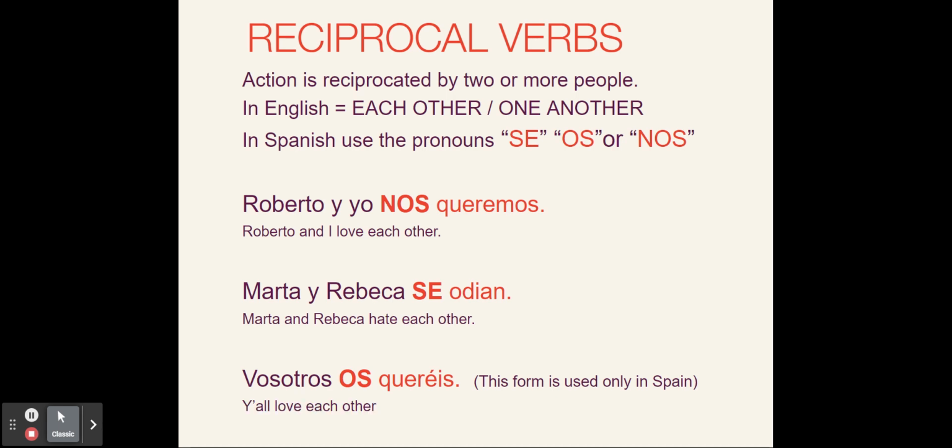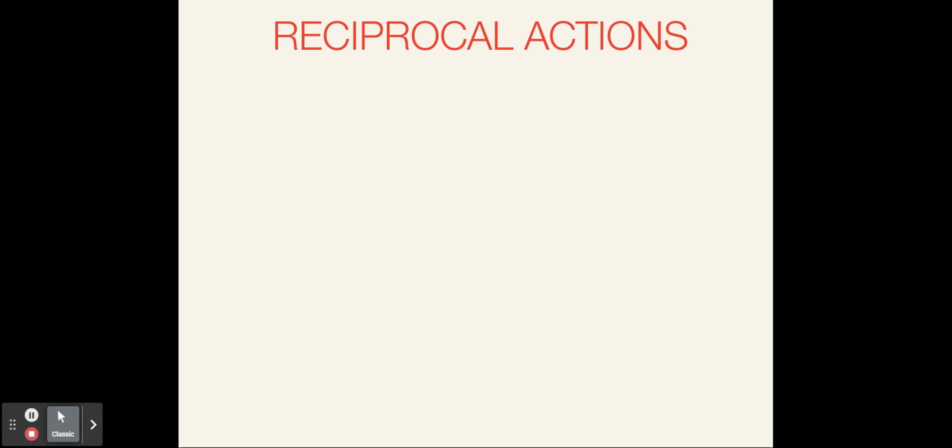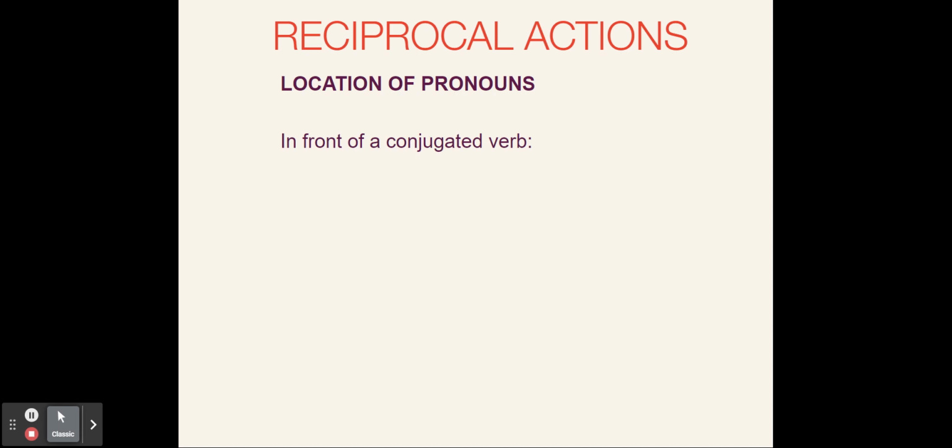Bien, so let's remember where to place pronouns. If you have one conjugated verb, the pronoun goes in front of it. If you have two verbs in the sentence, then here is where you locate the pronouns. Same rule that you learned before. You're gonna include the pronoun in front of the conjugated verb. So here we have two verbs. Estamos ayudando. You have two options, two choices.